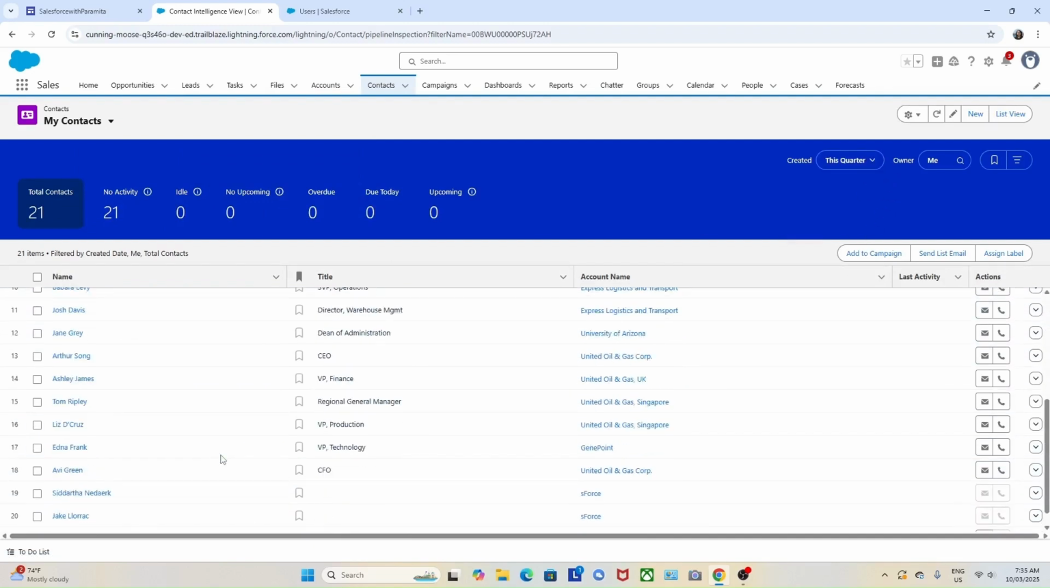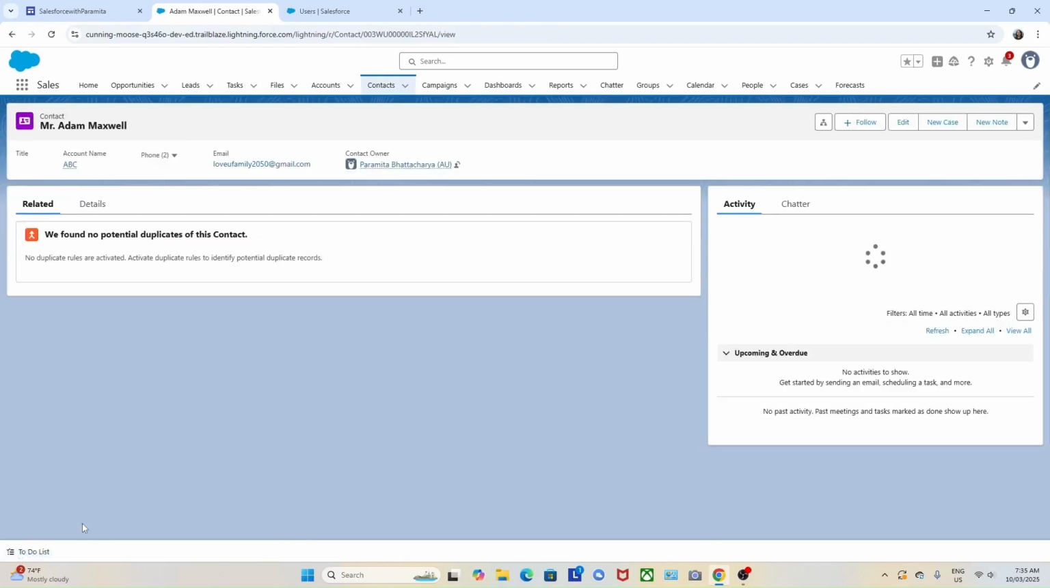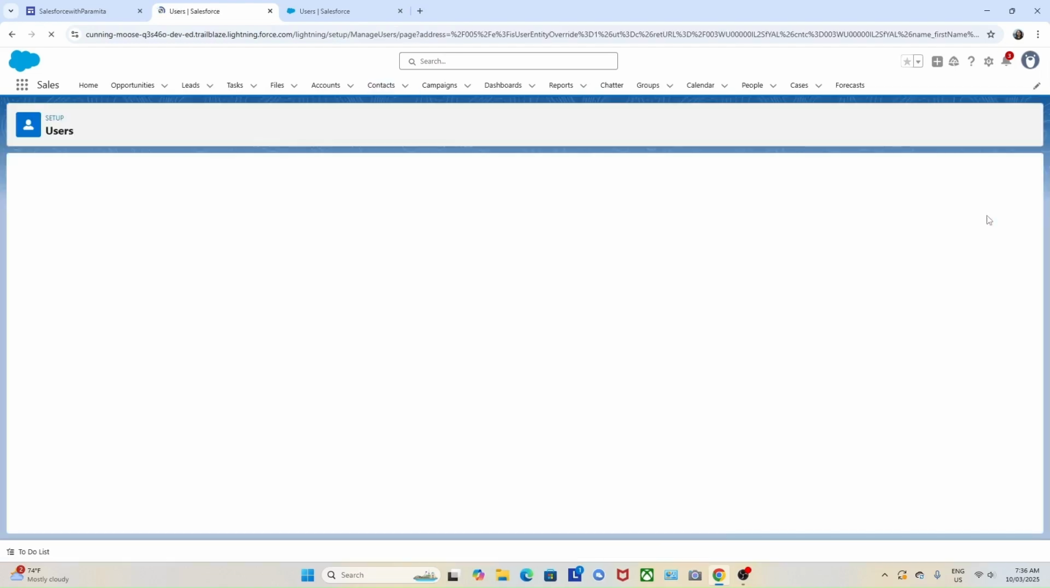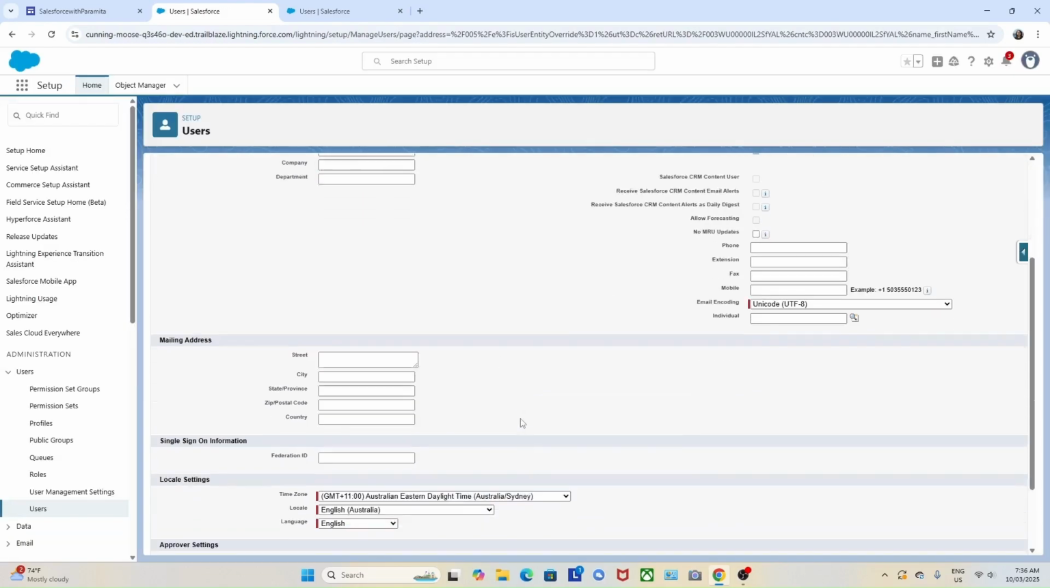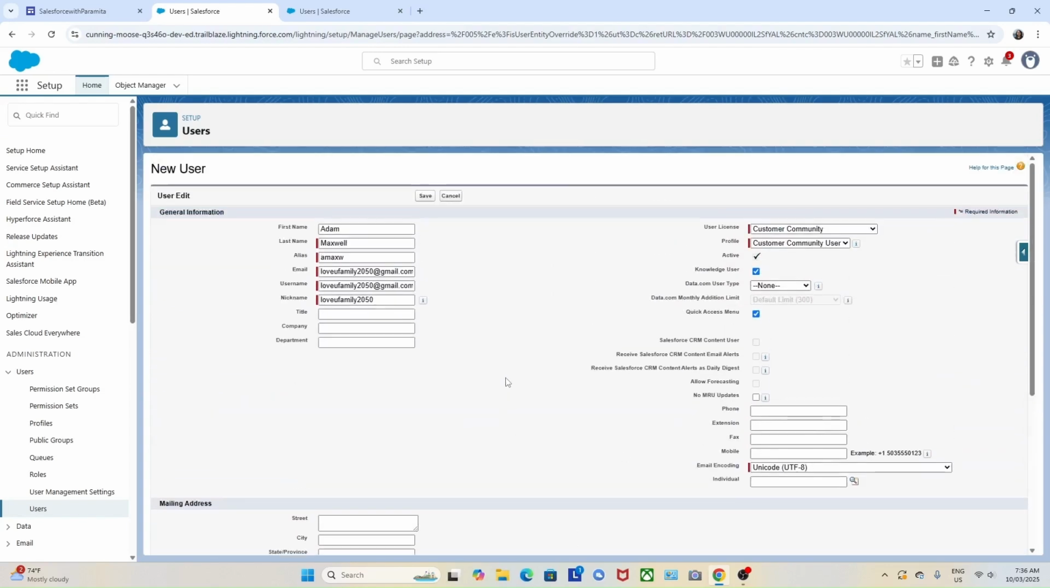The contact name was Adam Maxwell, this one. Okay, so now I will click on enable customer user and all done. So now we have fixed all the errors, like the contact is connected to the account, and the account owner has got a role, and we have also checked